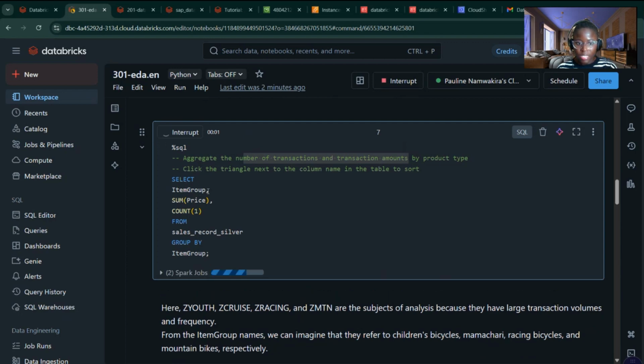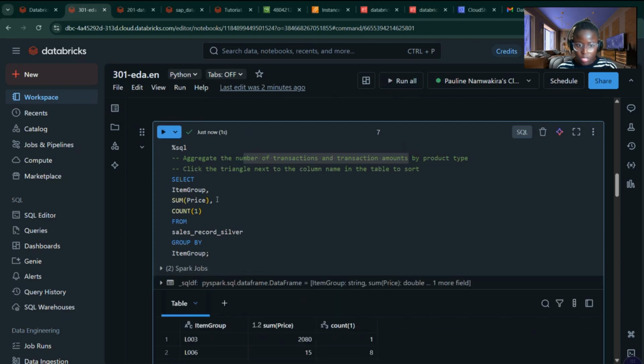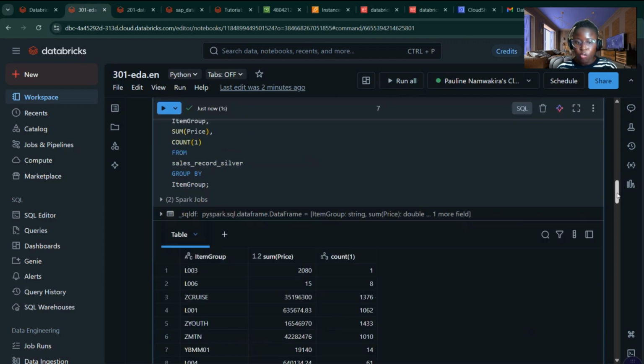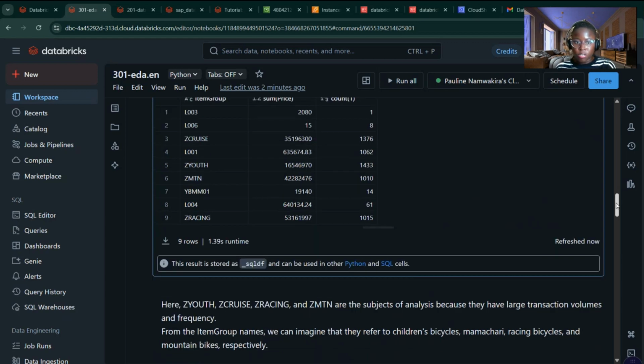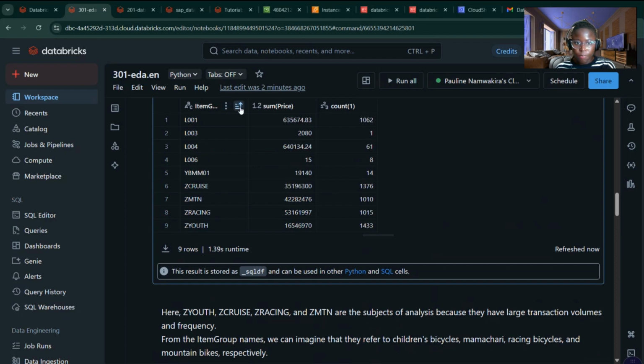So we want to select the item group, the sum of the prices in those item groups from our sales record silver and group by the different item group. So we only have 9 item groups available, the sum and the count. Now over here, what you are noticing, if we just do a quick sort,